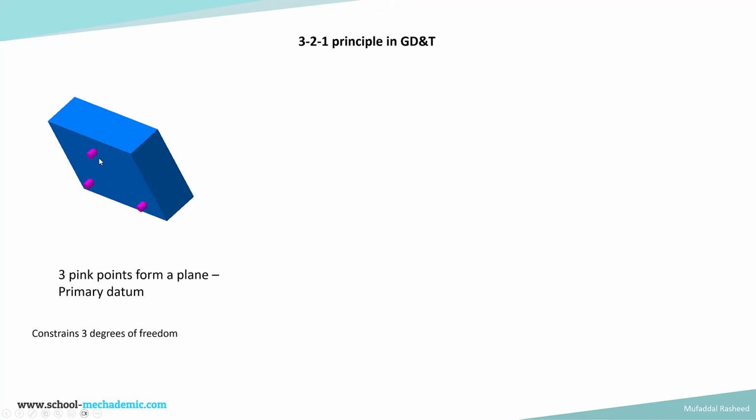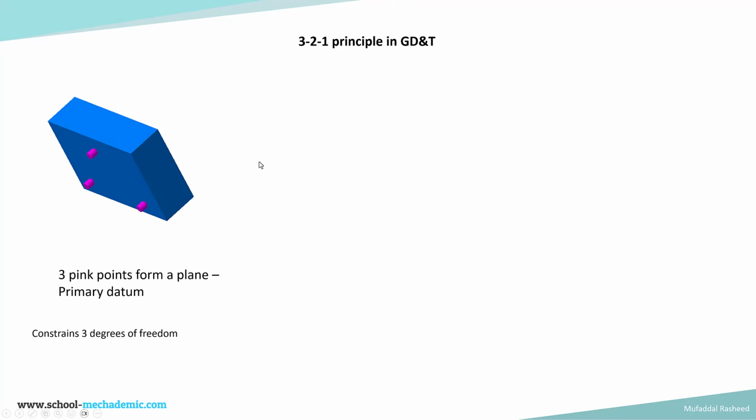This is a basic rectangular block and one surface is brought into contact with 3 points. 3 points geometrically form a plane. So the primary datum, that is the primary reference plane, is formed by 3 points, and that constrains 3 degrees of freedom. Which 3 degrees of freedom does it constrain? It constrains the rotation about 2 axes and the translation along the axis perpendicular to the plane. So rotation about this, and this movement. So 3 degrees of freedom are being constrained here using 3 points which form a plane,